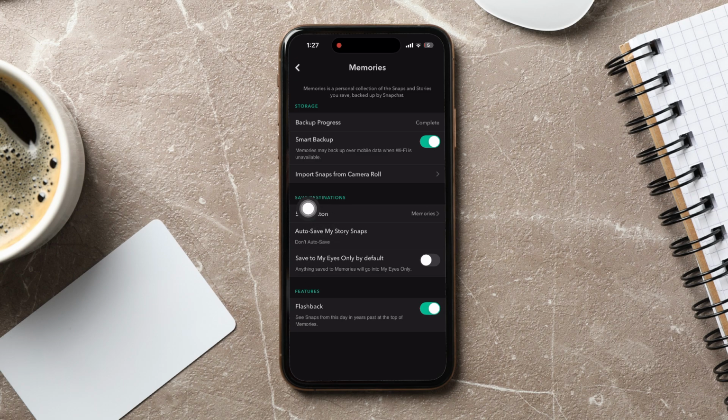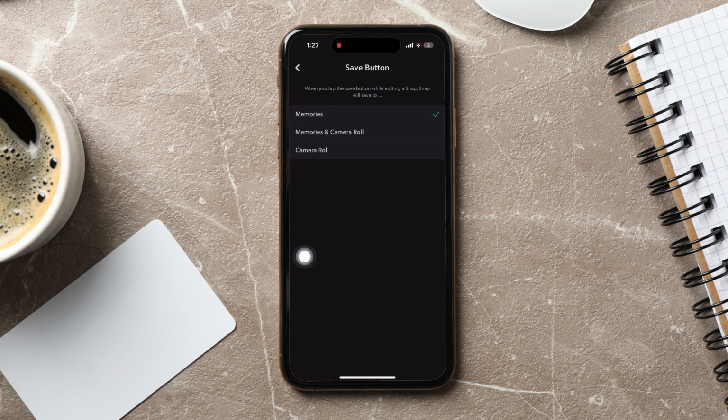Go to the Save Destination section and tap on the Save button. Here, select Memories and Camera Roll. When you tap the Save button while editing a snap, your snap will now save to your memories as well